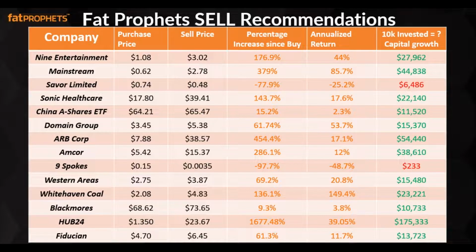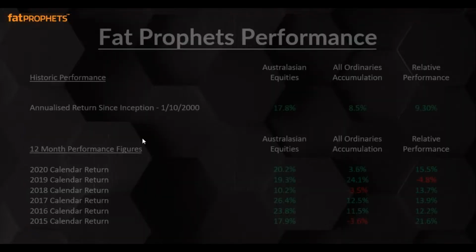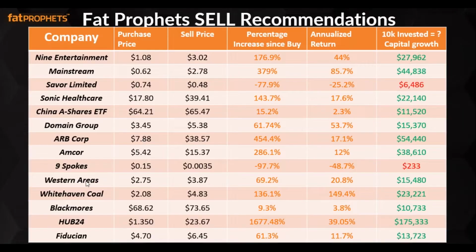So here, I think Colin just touched on that earlier. Recently we've sold a number of stocks as half. Sorry, going back to the previous presentation. You can see there, the returns at the right-hand side based on a $10,000 investment. A lot of them have done very well. Obviously, the big standout is right at the bottom. You've got Hub24, a $10,000 investment there was turned into $175,000, obviously over a few years, but quite a few